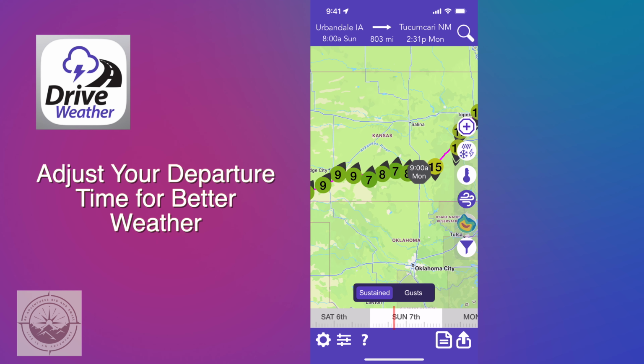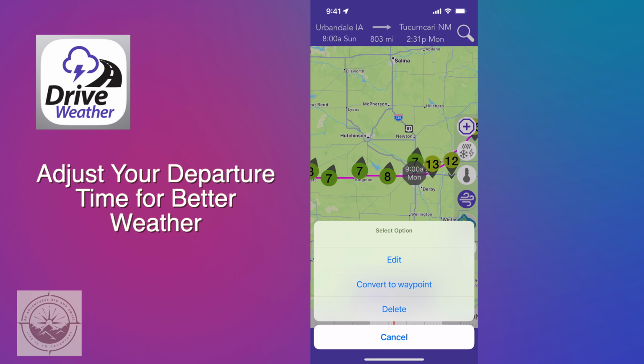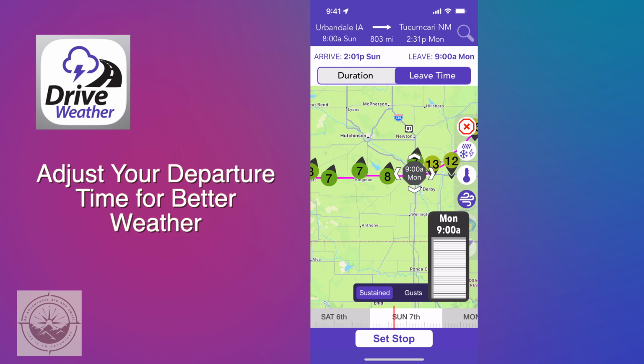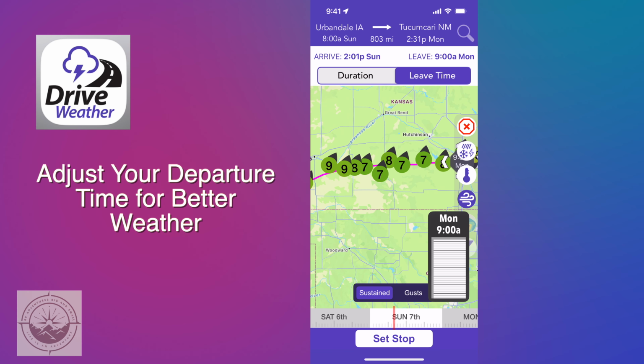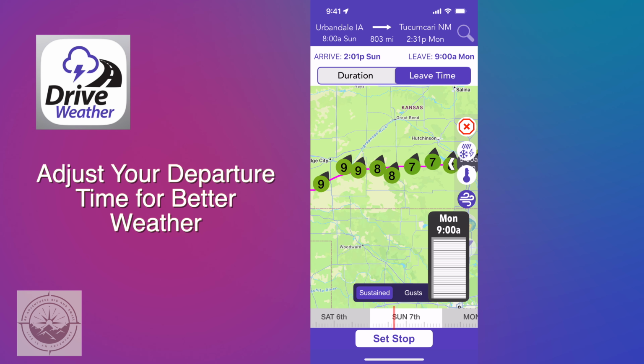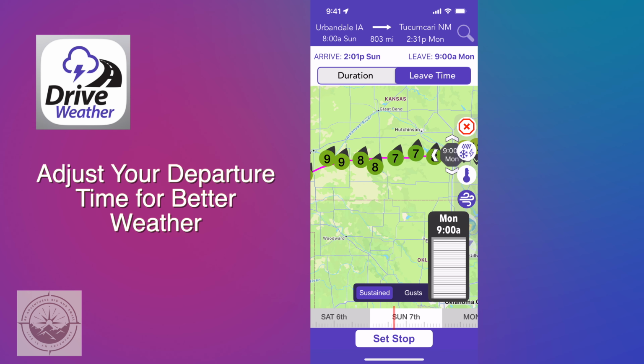on the 9 a.m. Monday, that stop right there. Double click it. Edit. All right. Now let's see if there's any change in the winds if we don't get hit broadside. So if we leave instead of 9 o'clock, how about if we left at, the